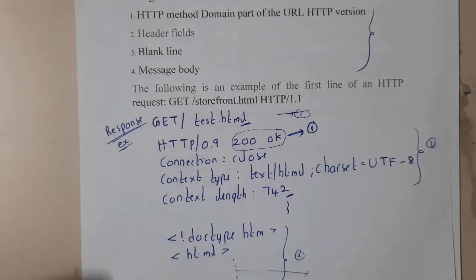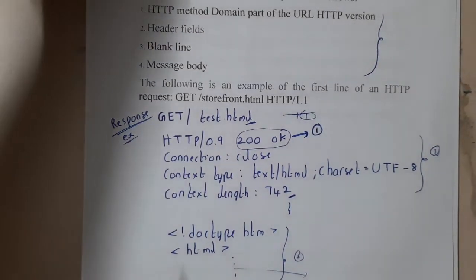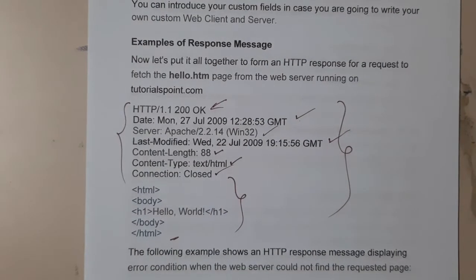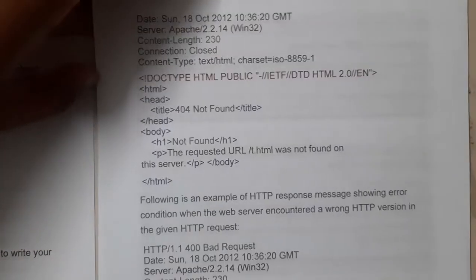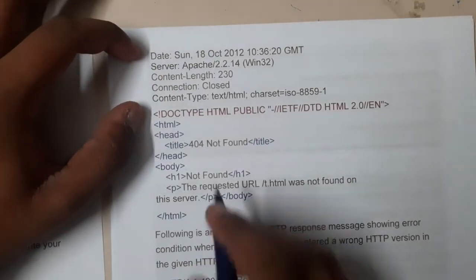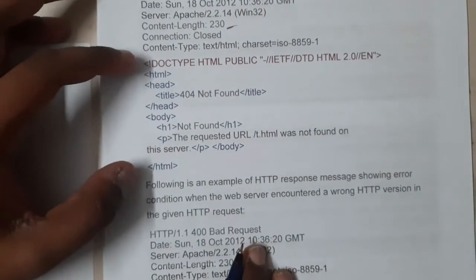On that day we did discuss this example, the same example. Just give me a second. We'll go through one more example and we can conclude this video. Similarly, you can observe here there is one more example. Here you got 230 lines. So here we got a big code.